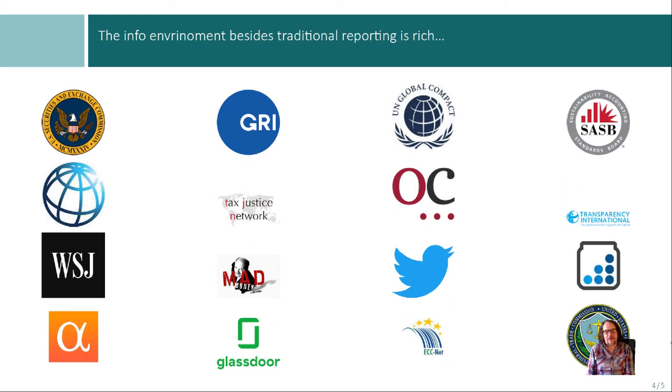It also contains additional information sources, like, for example, the ownership levels in companies, right? And other aspects that are being disclosed via the SEC. And then you see, for example, the GRI, the Global Reporting Initiative, and other logos that are related to non-financial information, so sustainability reporting, CSR reporting. And you see NGO initiatives like Transparency International or the Tax Justice Network that also relate to corporate reporting and transparency. And of course, you see Twitter as a logo for the social media type of information